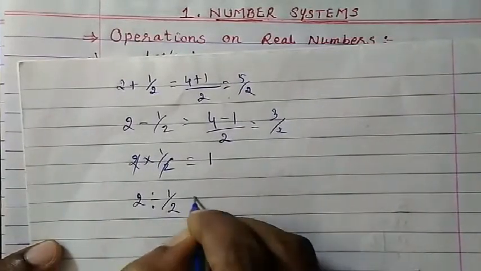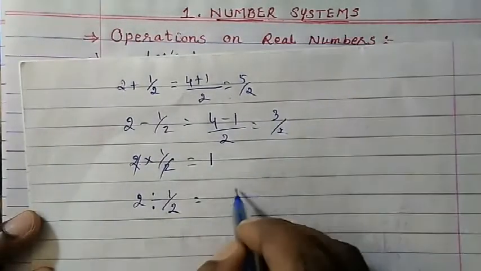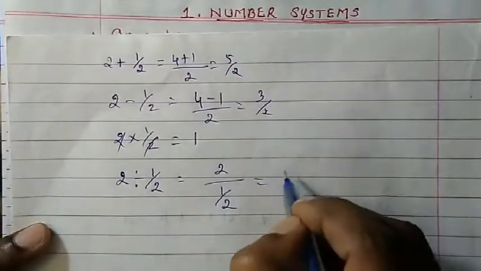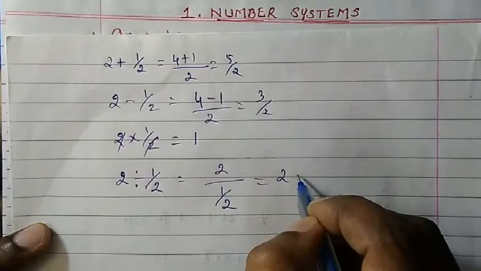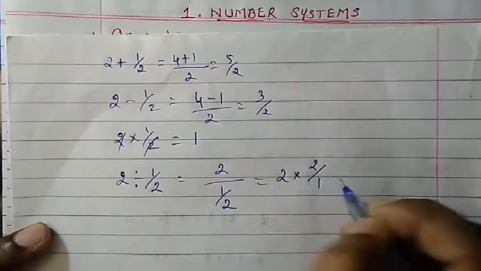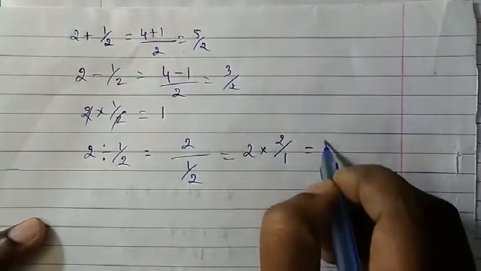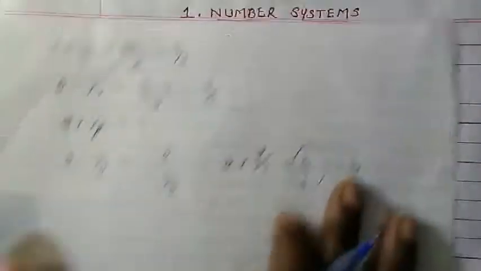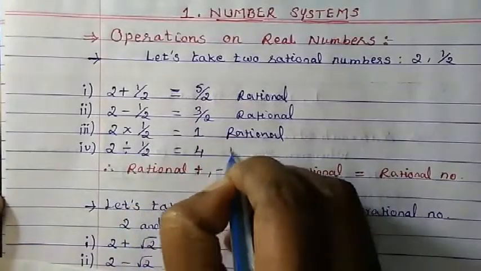2, then what will we get? We can write it this way. So this will come up, and when this comes up, it will become like this. So then what will we get? 2 2s are 4. So this can be written as 4. So again, 4 is a